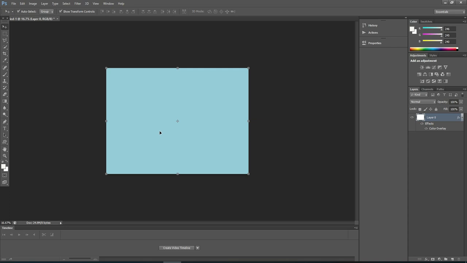Okay, now this is our working space. We have given it a color already. So we want to add a rectangle and a square. But first of all, before we add the rectangle and the square, we want to draw borders for the working space. So I'll just go and choose my rectangle tool